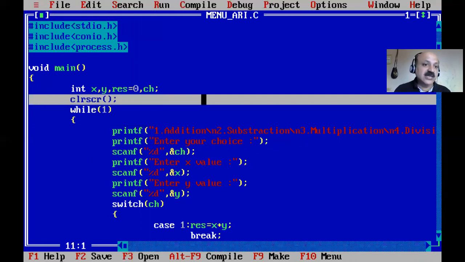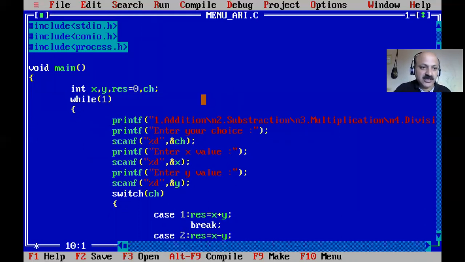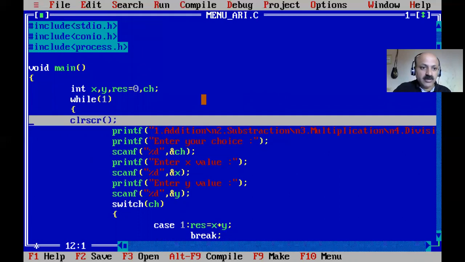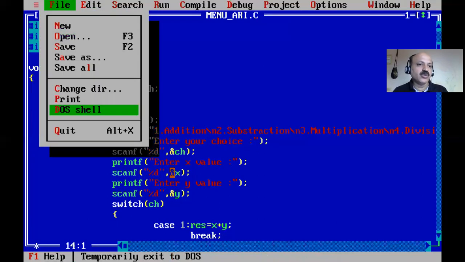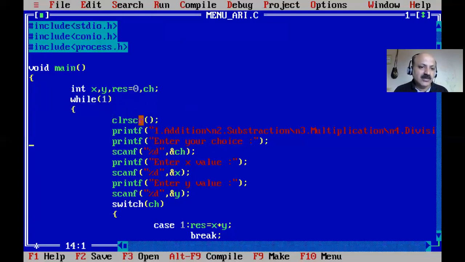So I take the clear screen from outside, I just shift, delete, cut and put it into the while loop. So this is one solution to improve our coding. The menu is cleared and then appears, cleared and then appears. Like here the file menu, that position is fixed. So now our menu position is fixed. If you just comment the clear screen line, then the menu repetition starts. So it just clears and then appears in the same position. So that is the first improvement.